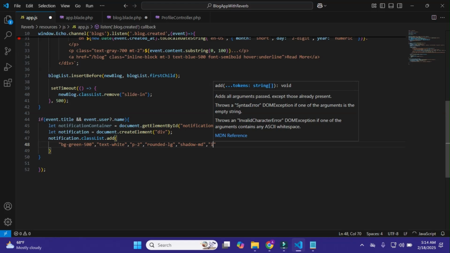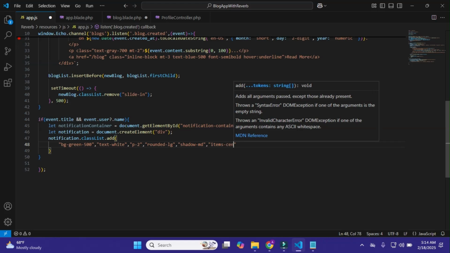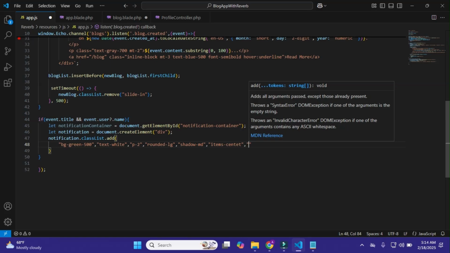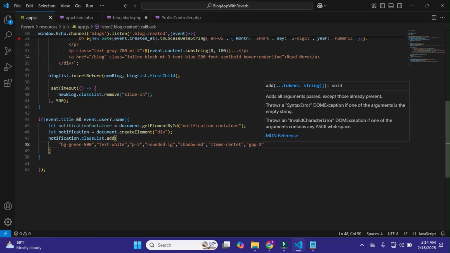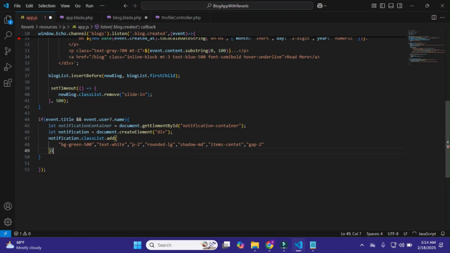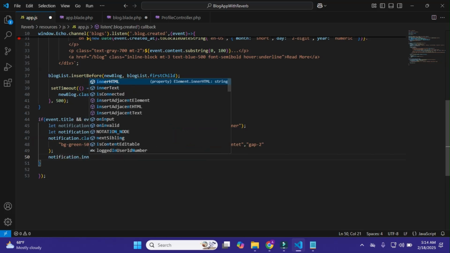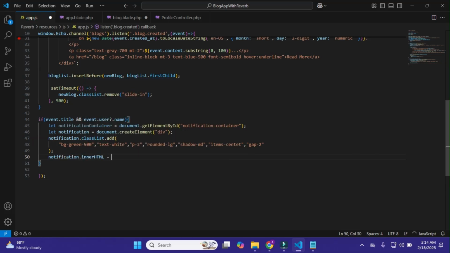And I'll just simply make it items center, and here I'll just simply give it gap 2. Okay, I'll just simply do this and close this. Okay, and after it we just simply make it notification.innerHTML, and within it I'll just simply make it